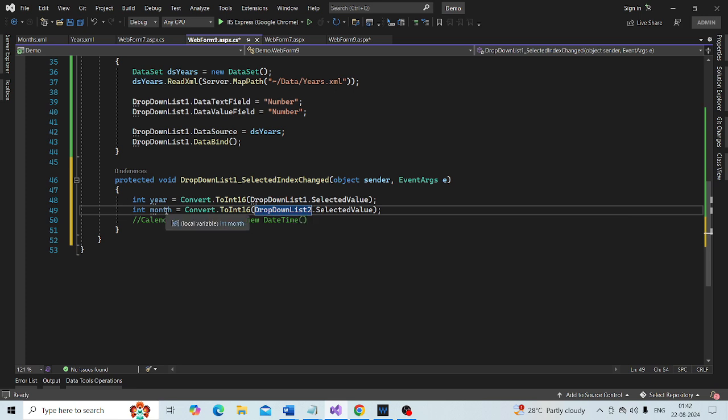We have changed the variable name to month, and convert to int 16, and the month is going to come from drop down list 2. We want to retrieve the value, not the text, because the text will show the month name.